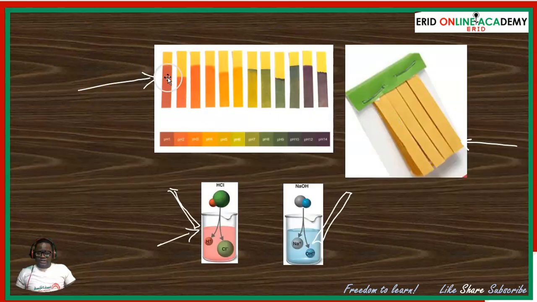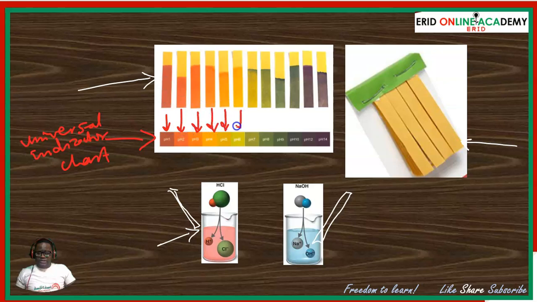So when you have dipped the paper into any of the solutions, whether acid or base, then you bring the paper whose color has changed to match it with the what? With the chart. This is the chart. Universal indicator chart. So you match the color observed on the paper with the chart. So you can see all these papers were matched. By matching, you can actually identify the pH of the substance in which the paper was dipped.